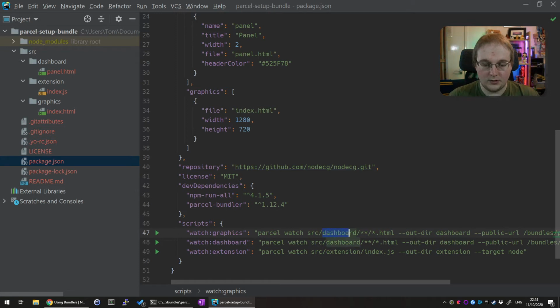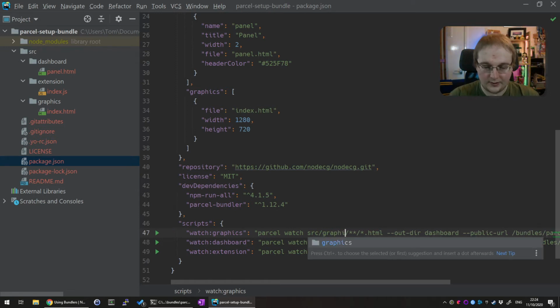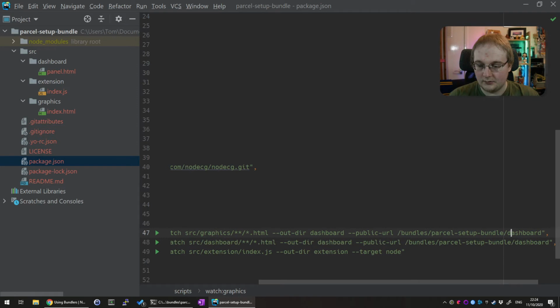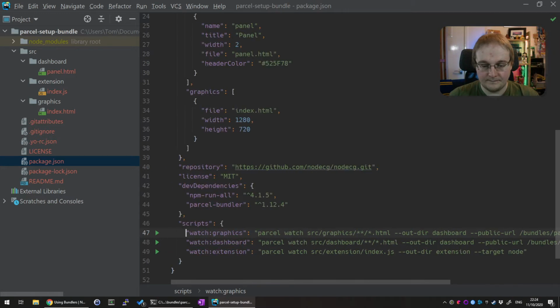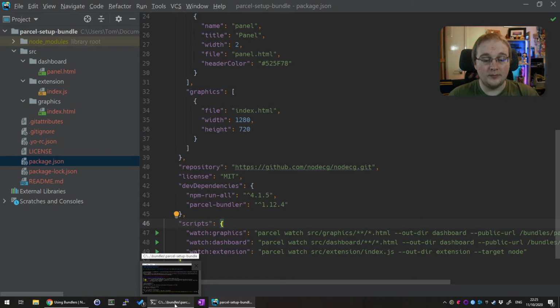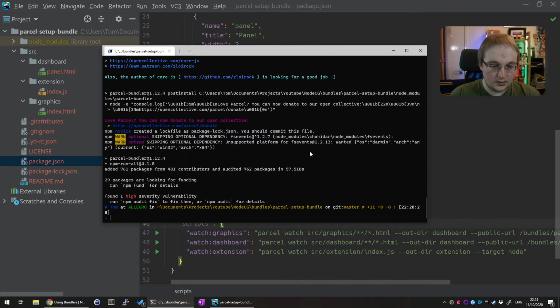So watch:graphics, source/graphics, and then the last bit is also bundle/parcel-setup-bundle graphics. There we go. And that's created the 3 commands there. Now you could just use this, and then when you want to actually build your bundle or watch the things while you're developing it, then in the command line you can just run npm run watch:graphics in this